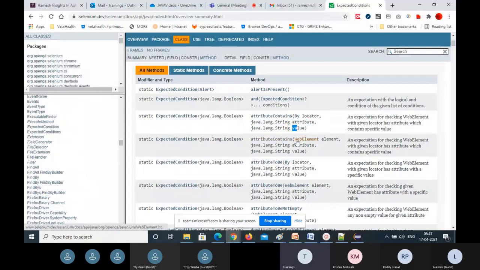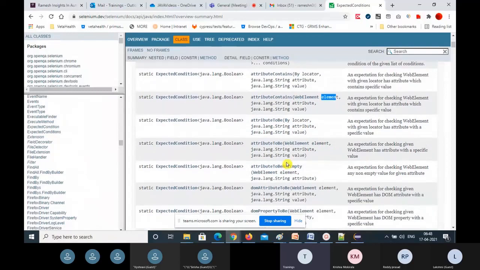So the same attributeContains with WebElement, comma, String attribute, String value. At least one parameter is different. Can you observe this method? In the first one, the locator parameter data type is By. Here, the first parameter is a WebElement. The parameter type of the method is different, but the number of parameters is the same. And this is called method overloading.